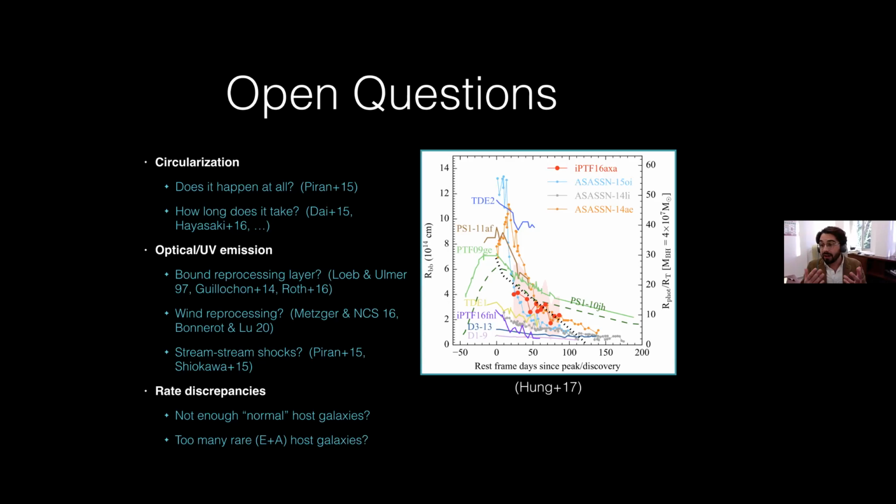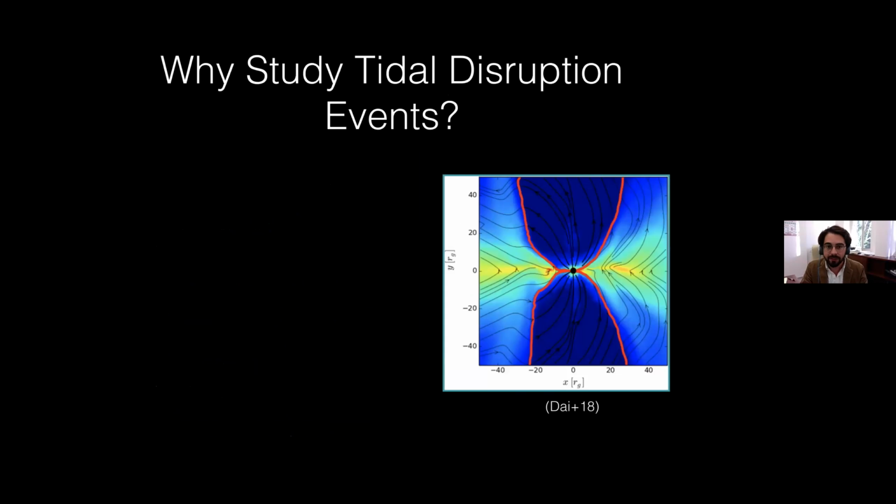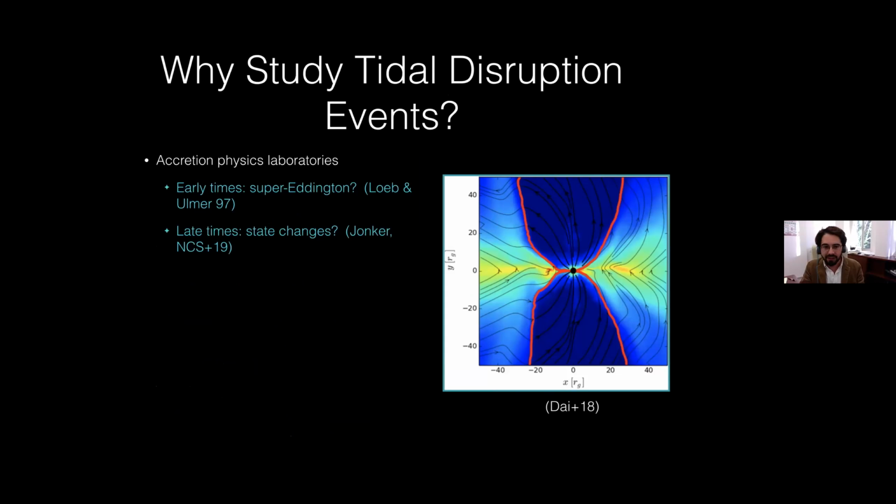Likewise, or conversely, I should say, there's a bit of an opposite problem, which is that TDs are very overrepresented in rare post-starburst or E+A galaxies. And in fact, the inferred per E+A rate of tidal disruption events is very high, of order 1 disruption every 1,000 years, posing some interesting puzzles for stellar dynamicists. Now, there are a lot of different reasons to study tidal disruption events, many more than